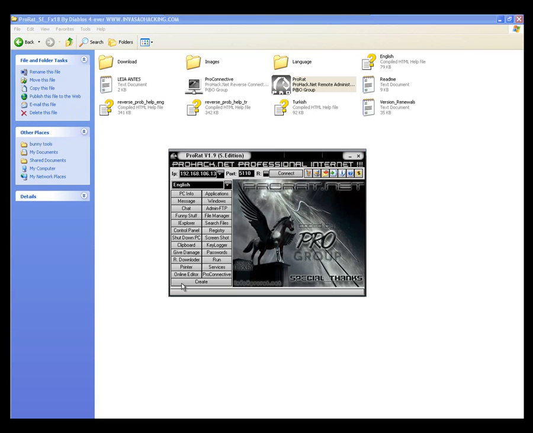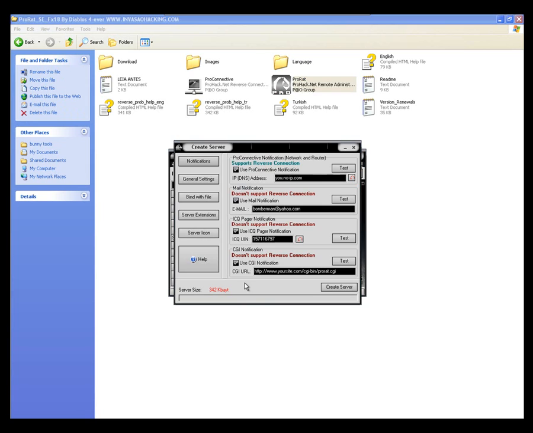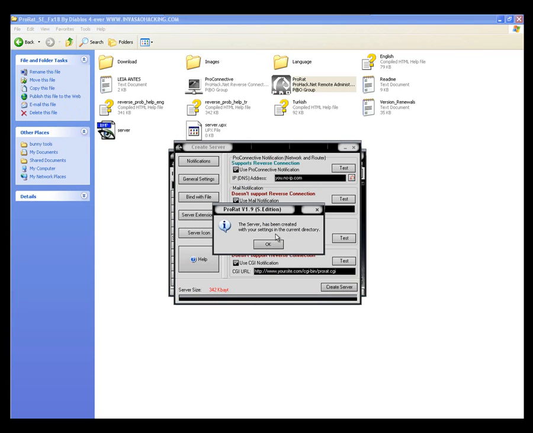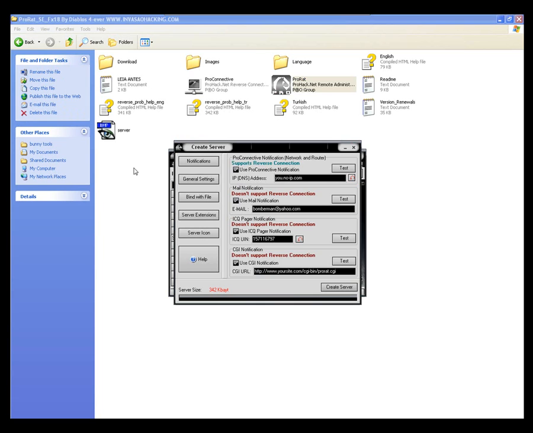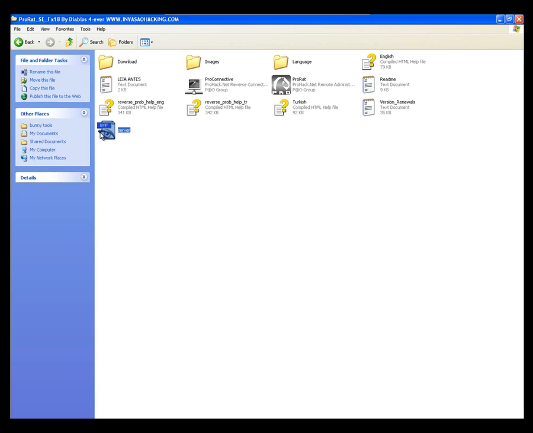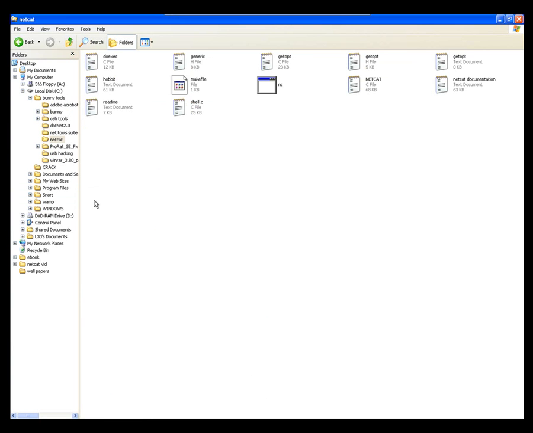Click on the Create button. Create ProRat server and click on the Create Server button. Now copy the server and paste it in your Netcat folder. Paste it.